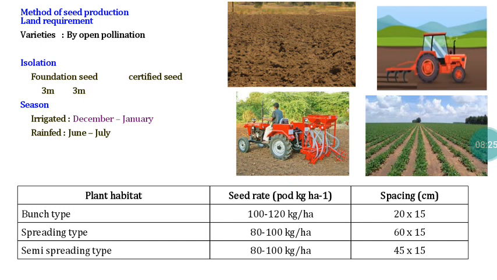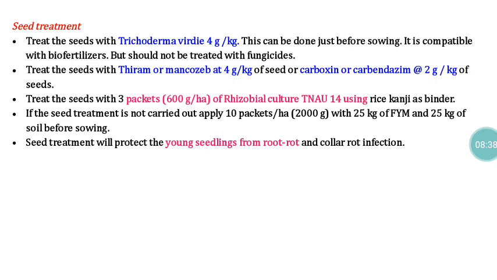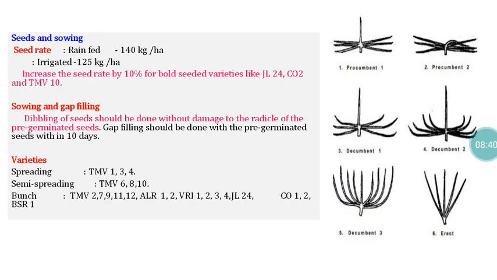And then regarding seed rate and spacing, in the case of groundnut we have 3 different types of material based on the plant habit: bunch type, spreading type, and semi-spreading type. Here I can show you a line diagram of all 3 types. In the case of spreading type, there will be branches. Those branches have vine-like growth that has direct contact with the soil surface, so that will occupy a major area.